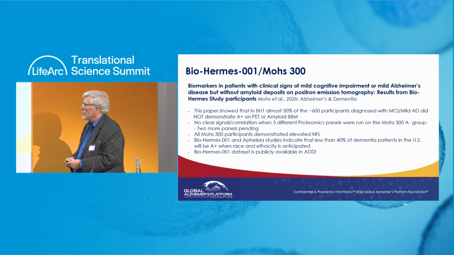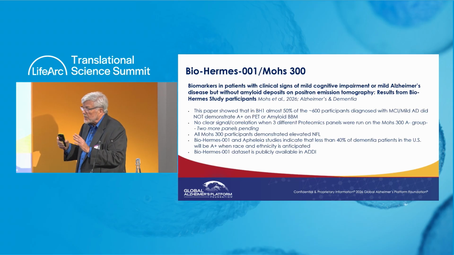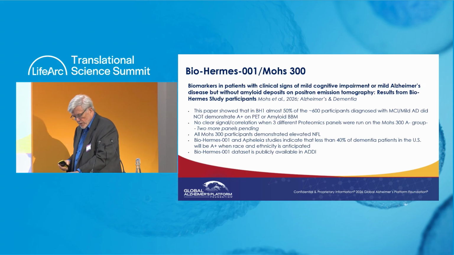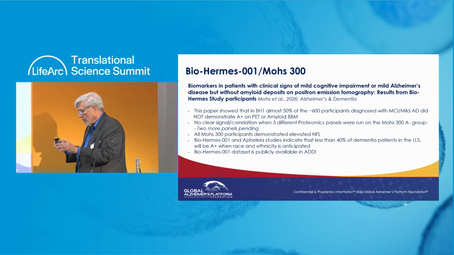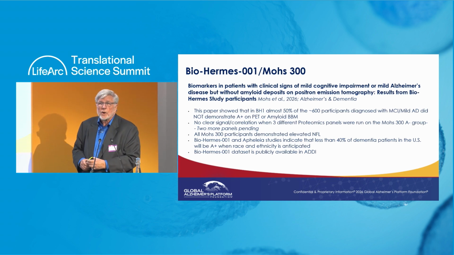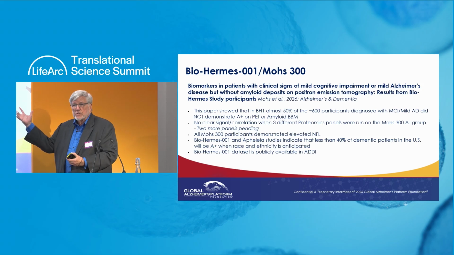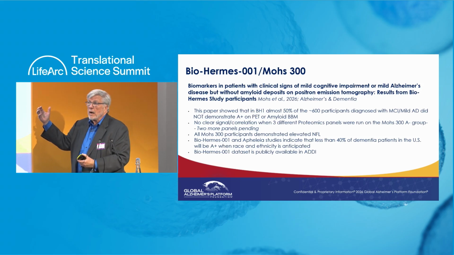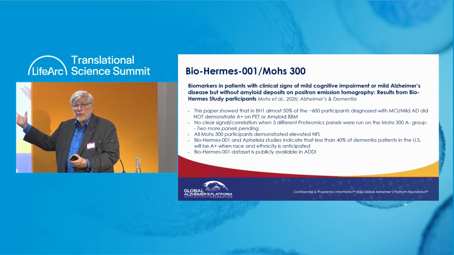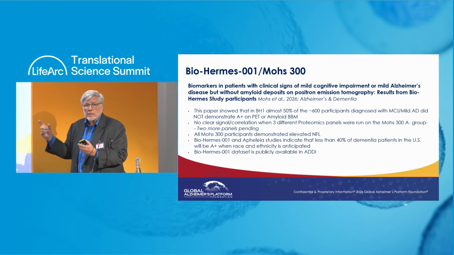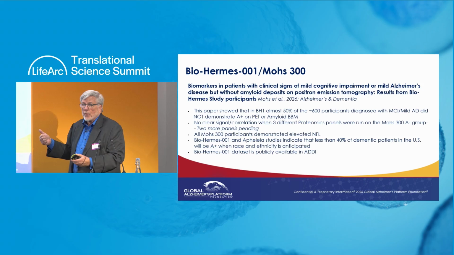Another thing came out of Bio-Hermes 1, which is we were able to show in the United States population, and I in no way suggest it's true anywhere else, that when you think about dementia, I have a very profound history of Alzheimer's in my family. If you looked at the Alzheimer's Association data or related advocacy groups, they would say 70% of all dementias are Alzheimer's. Because we had such a robust underrepresented population in Bio-Hermes 1, it was 24% non-white. And we were able to demonstrate that when you tested for amyloid,